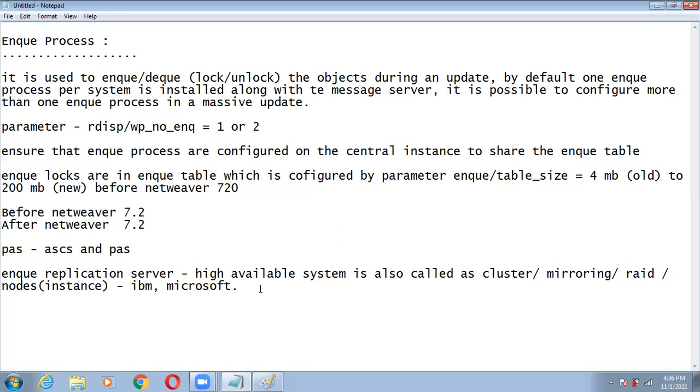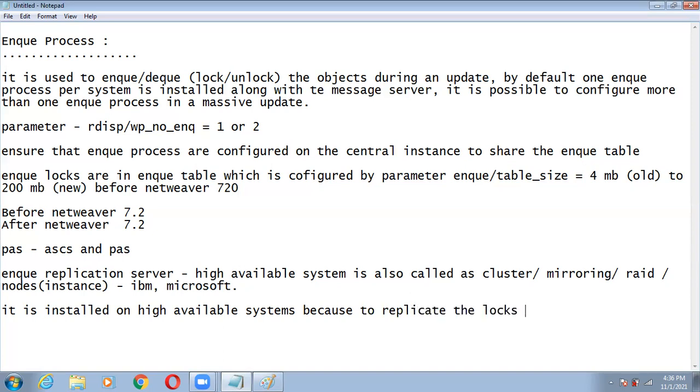NQ is installed on the high available system. Why? Because it is installed on high available systems to replicate the logs between the instances.